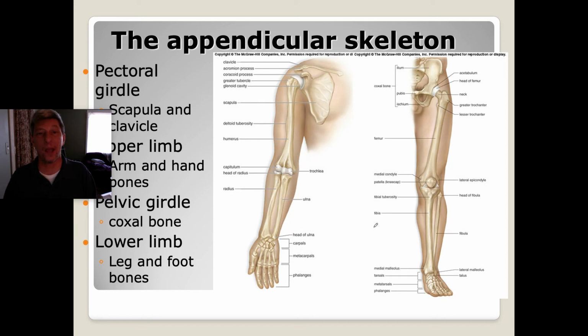All right. Now, the appendicular skeleton. This is composed of your pectoral girdle up here, which is your scapula or shoulder blade, and your clavicle or